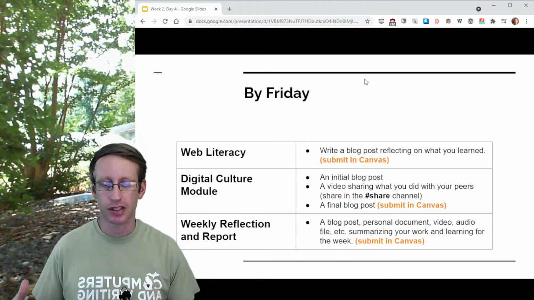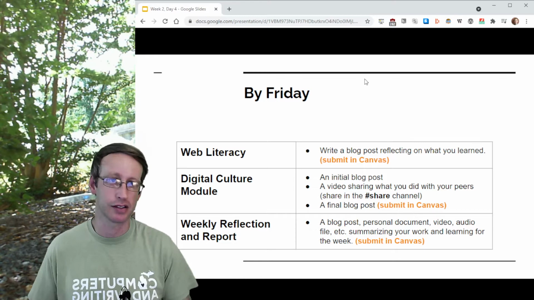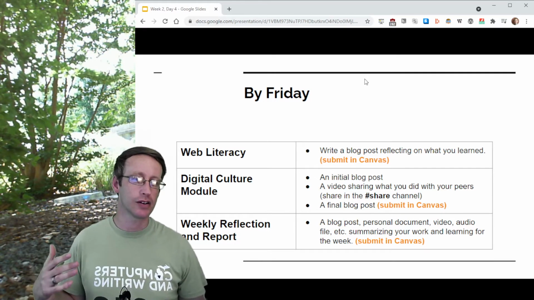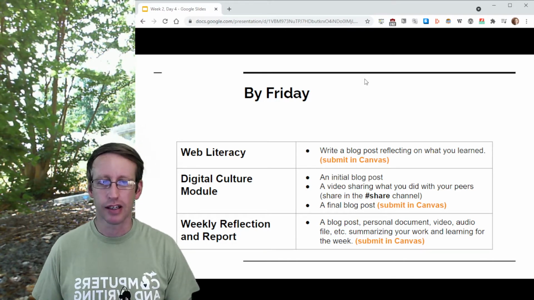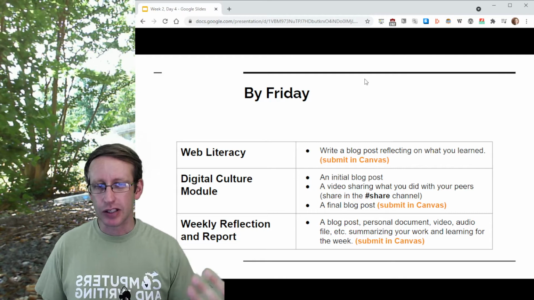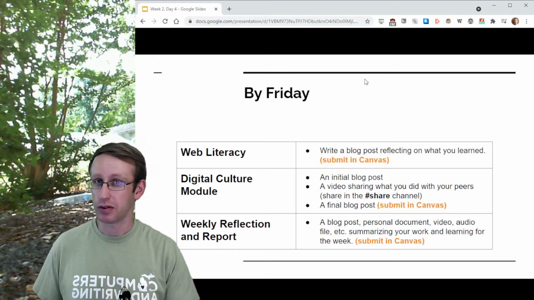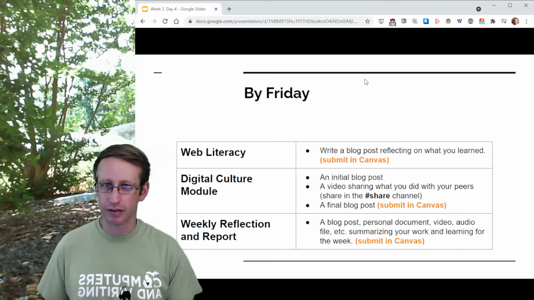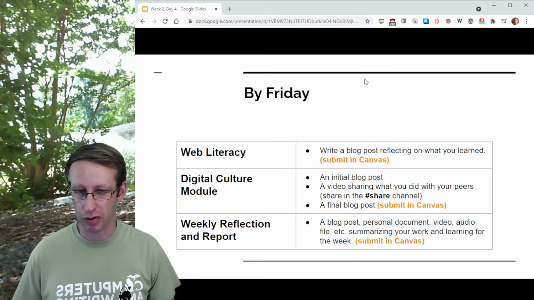And that is your chance to really show your process and your growth across these. It's a couple days, but I think you can learn a lot in a couple days. So I'm interested to see your process and how you get there. And you can do that more easily if you separate out those two posts, and especially if you write those on different days, right? So write that initial blog post now if you haven't yet, and then write the final one tomorrow or over the weekend even, right?